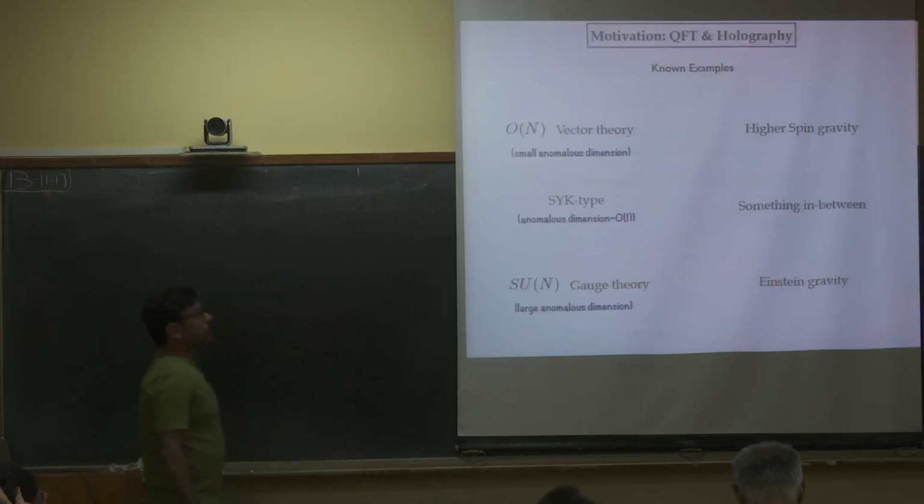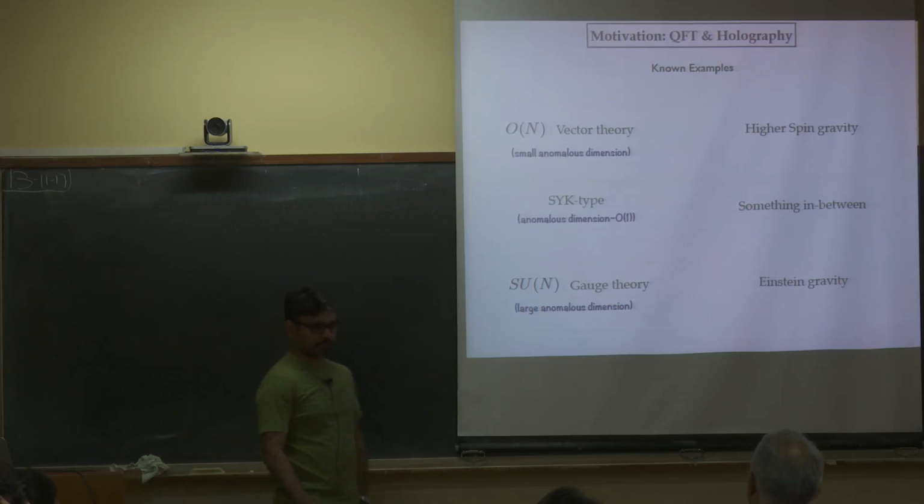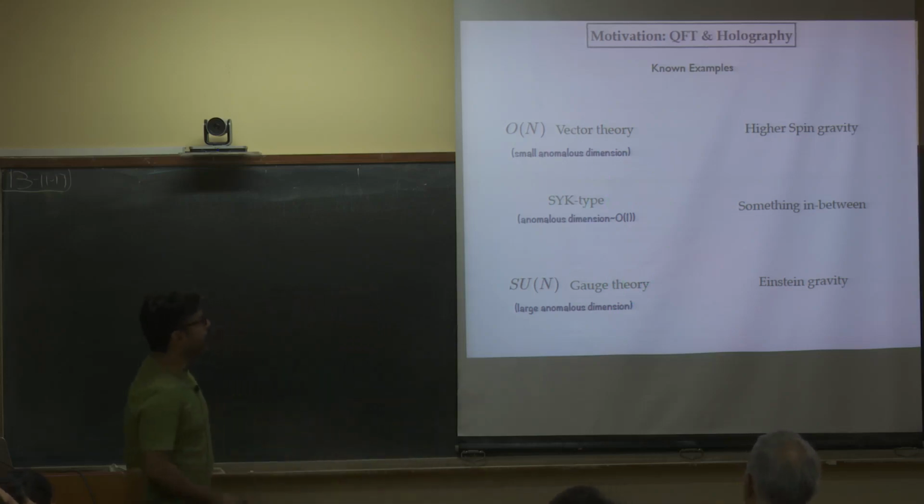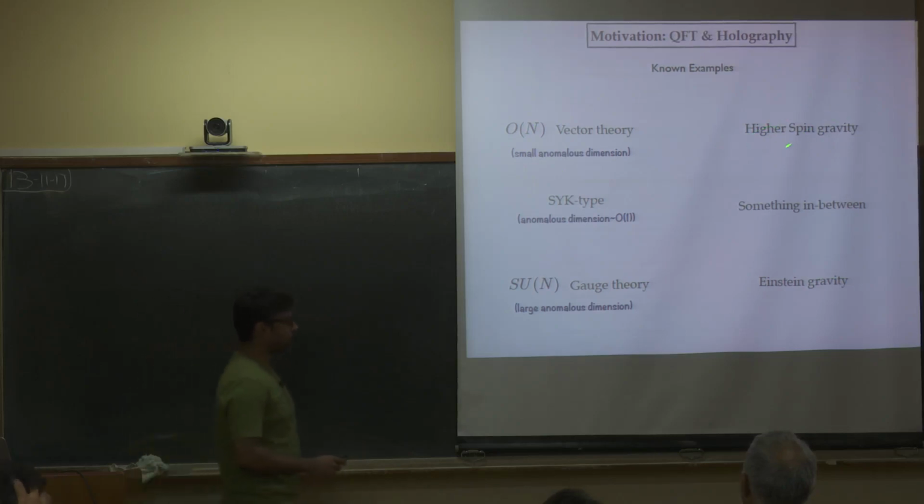Okay. So this is the standard motivation, which is, I think, very interesting motivation. The motivation is essentially a very simple question: which of the quantum field theories have holographic dual, and if it does, what is the dual description? And we know the examples. For example, in no particular order I have arranged them in this vertical direction, but the very well known examples are O(N) vector models, so to speak, which we know have a dual description in terms of higher spin gravity.